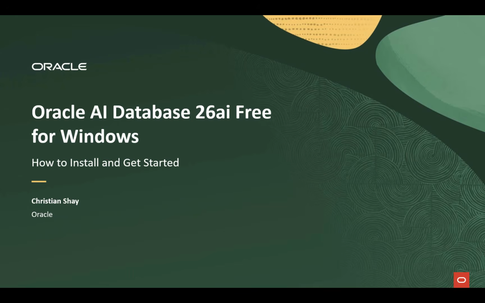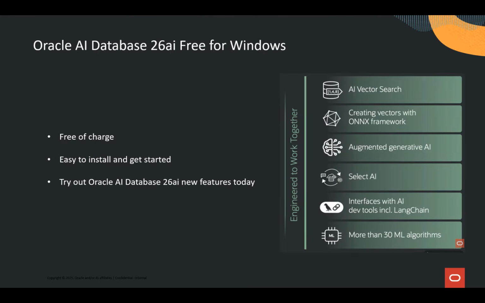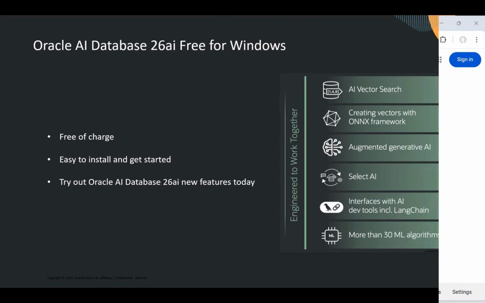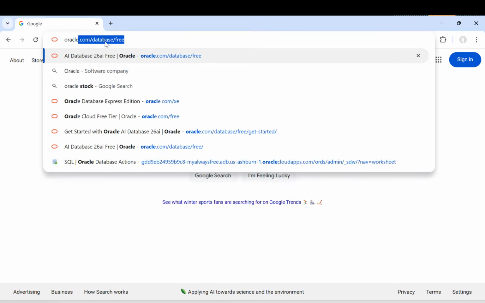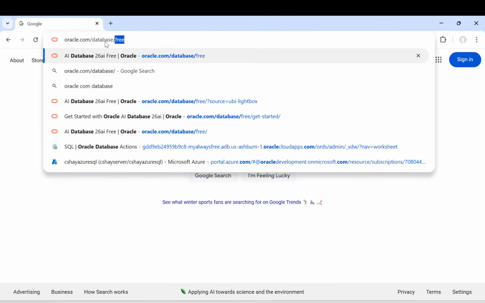With Oracle AI Database 26AI Free for Windows. Oracle AI Database 26AI Free for Windows is free of charge and is easy to install and get started. You can try out new features including the latest AI innovations such as AI vector search, ONNX embedding models, Select AI for natural language queries, popular agentic AI frameworks, and much more. I'll include some links in the description of this video, so if you want, you can learn more about these features. To get started, let's open your web browser and navigate to